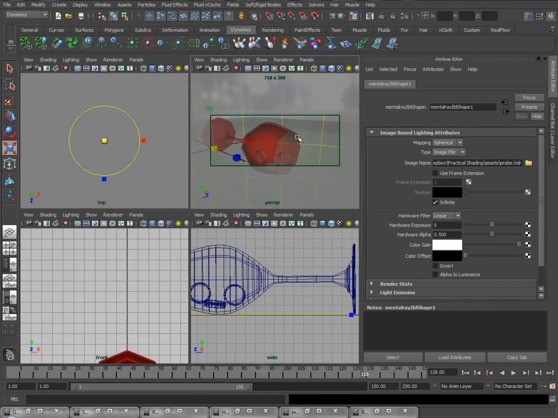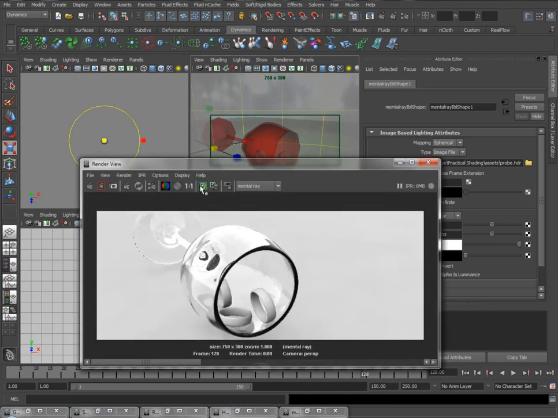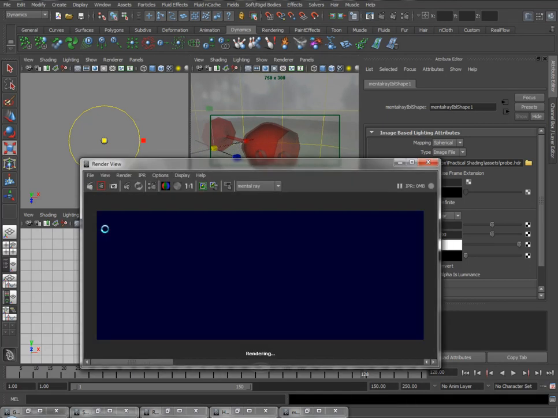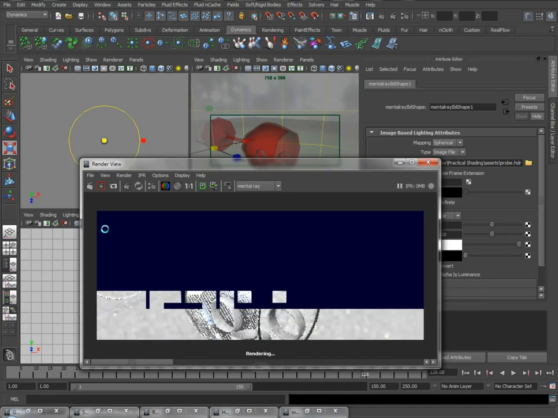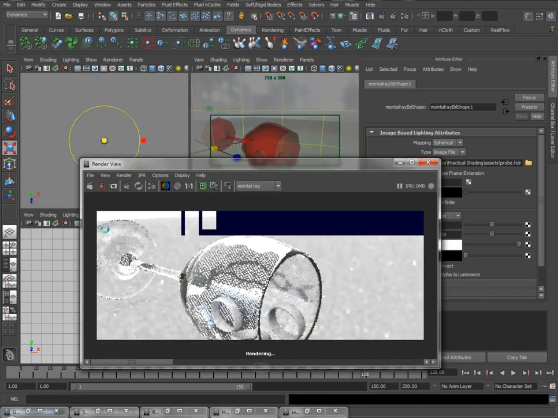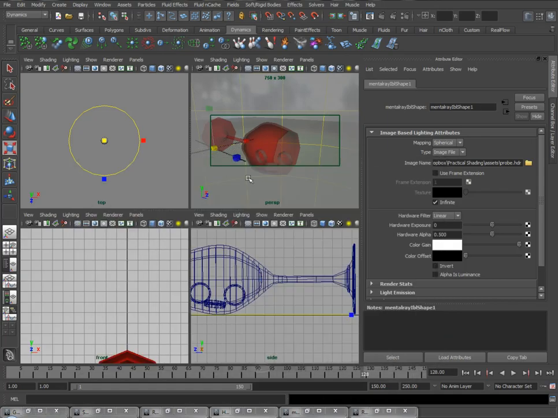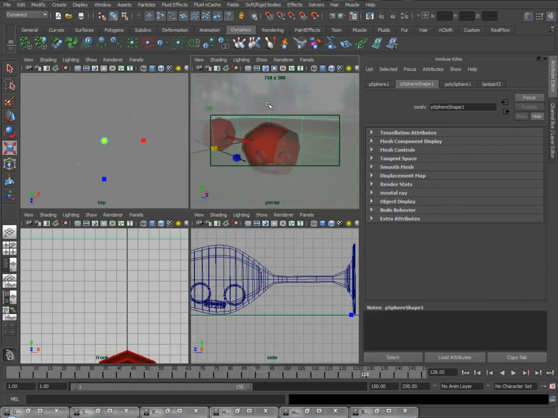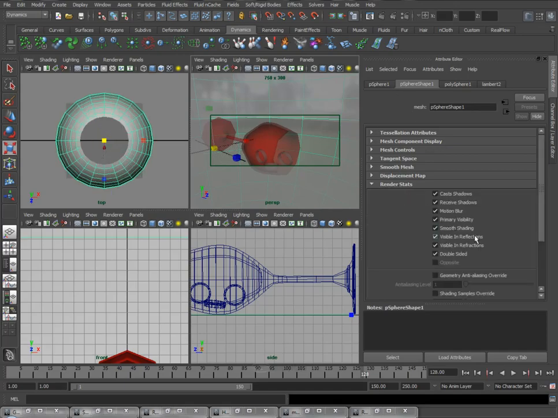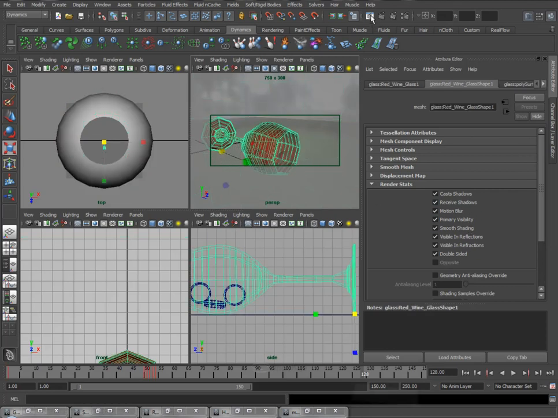Okay, now if I hit render, you should actually see exactly the same thing because our lighting dome is actually blocking out the image from the image-based render. So in order to fix this, we'll select our lighting dome, which is here. We'll go into its render stats. We want to turn off visible in reflections and refractions. We also want to turn off its primary visibility because we don't want this giant white glare in the background where we don't have any geometry. So if we turn off primary visibility, and I just re-render your glass,